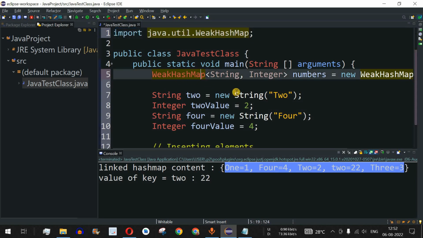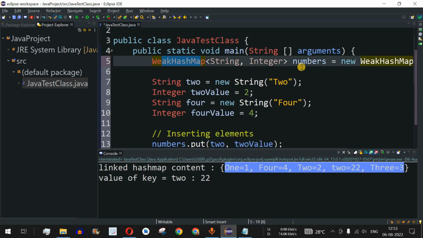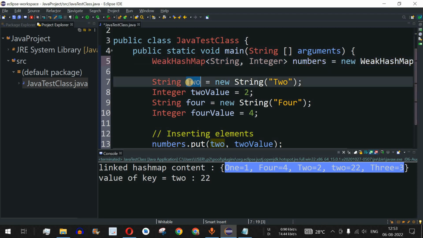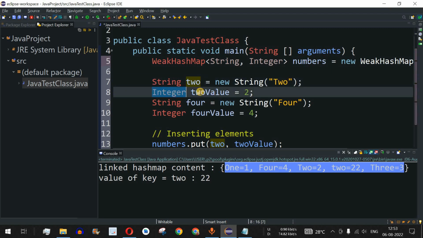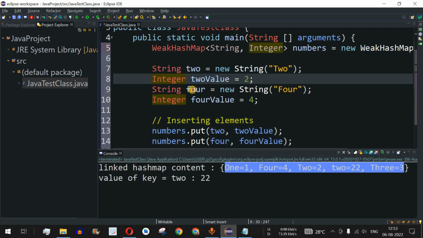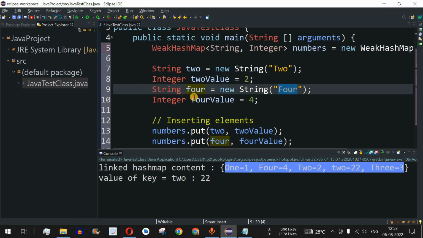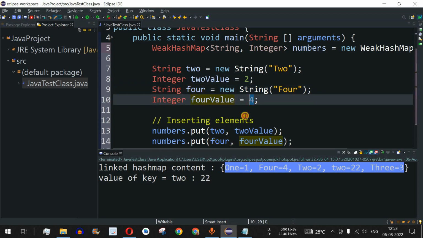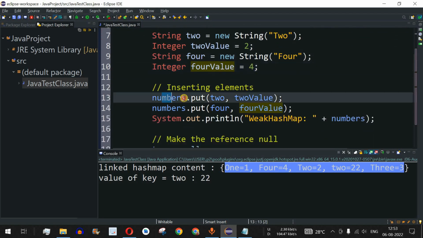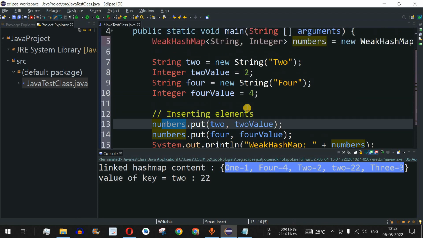In this WeakHashMap, we have provided the numbers as the object. We have the string 2, represented as "2", and the integer value 2, and the string 4 with the integer value 4, which we are putting as key-value pairs.